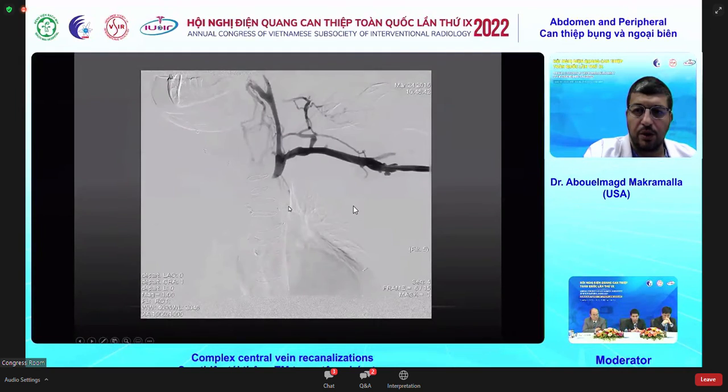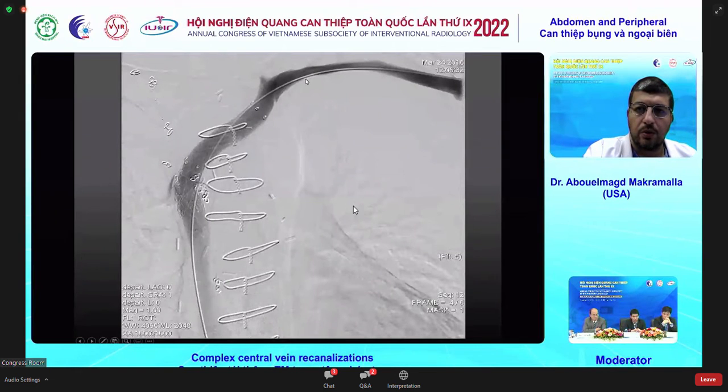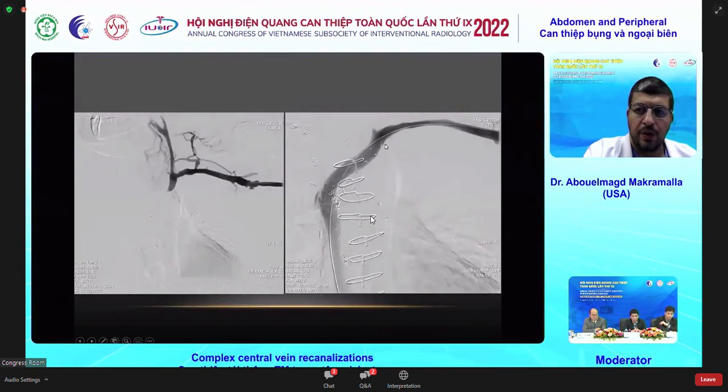And then we brought the patient for a venogram. As you can see, the brachiocephalic vein is completely occluded with only collaterals. So we're able to sharply canalize the vein and place a covered stent. As you can see, this is a combo of a Viator stent and a Fluency stent, and this was before